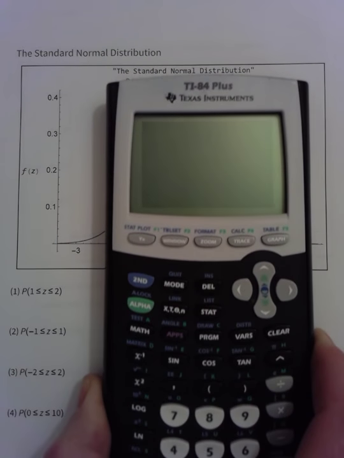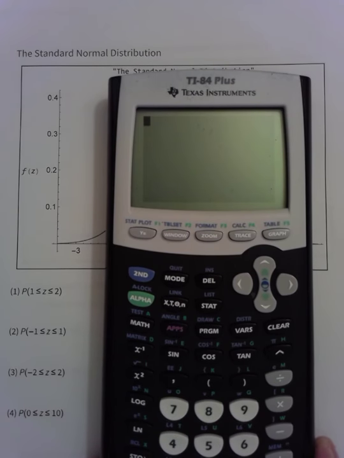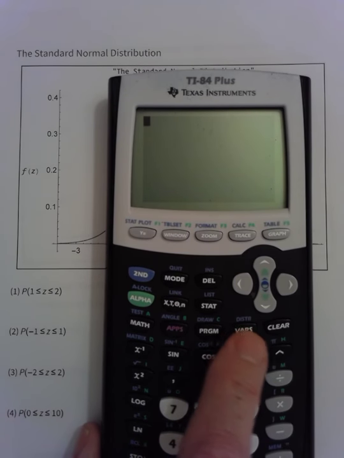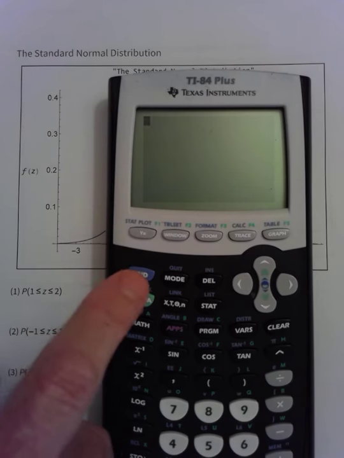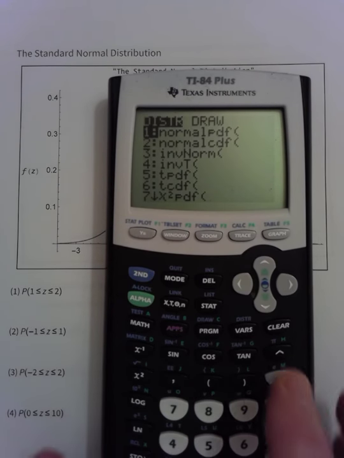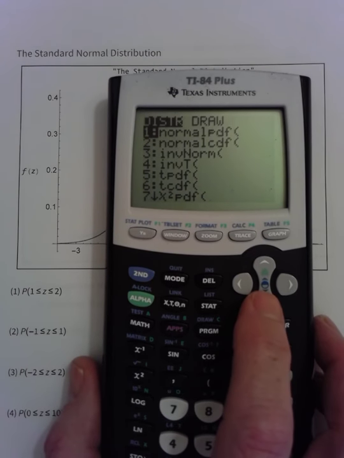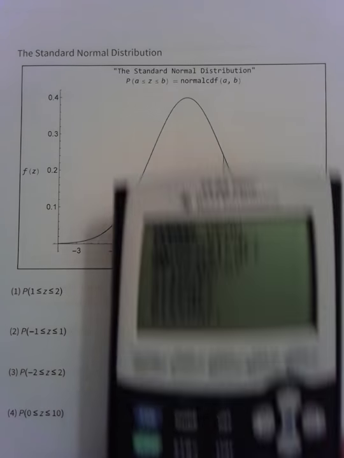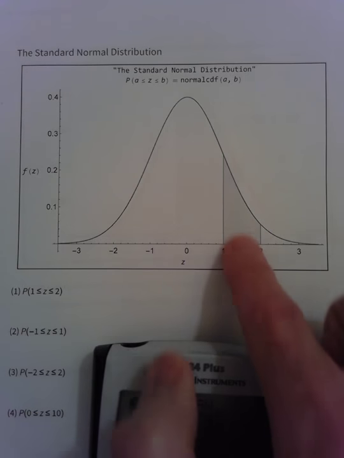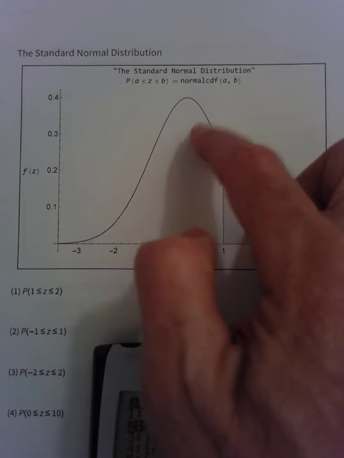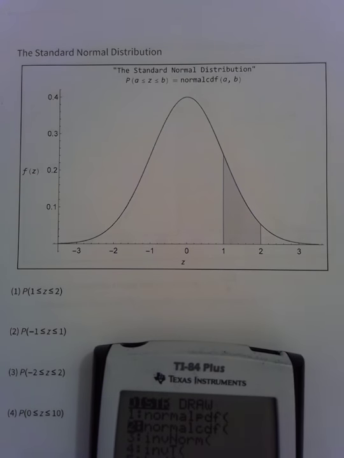So first of all, the normal distribution functions are found under the distributions menu here. So we do second distribution. And the one we really want to use to start with is normalcdf. It stands for the cumulative distribution function, which represents the area under the curve. And that's what gives us probability, not the height of the curve, but the area under the curve between 2